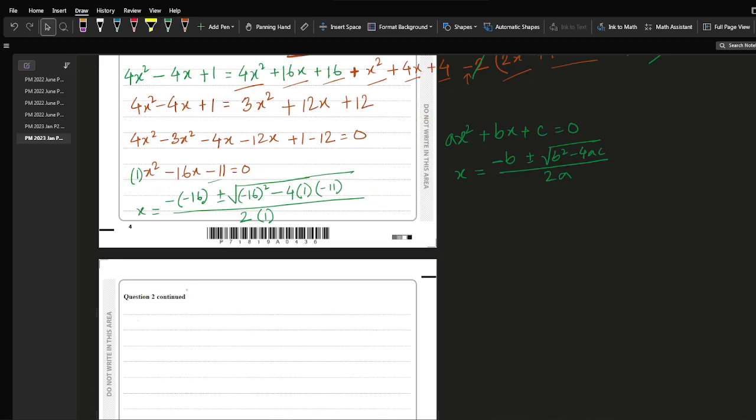So let's simplify. x is equal to 16 plus or minus the square root of 16 squared, which is 256,